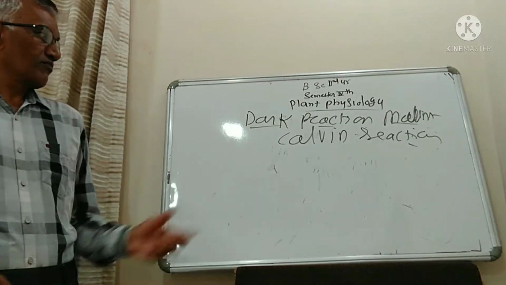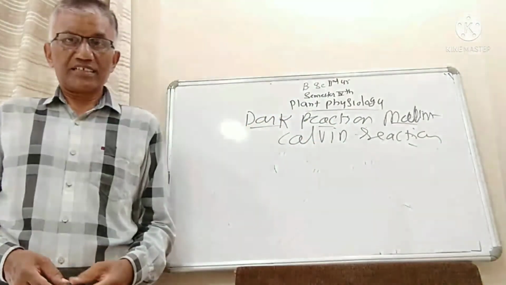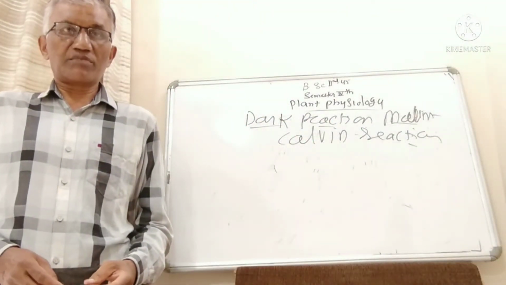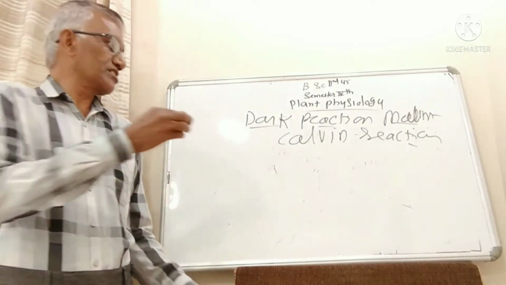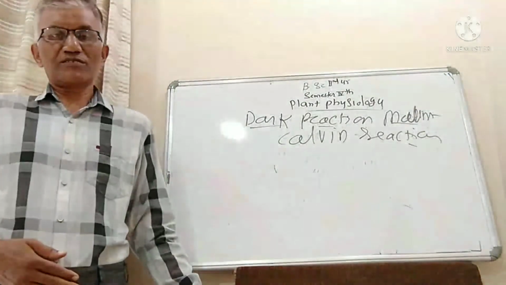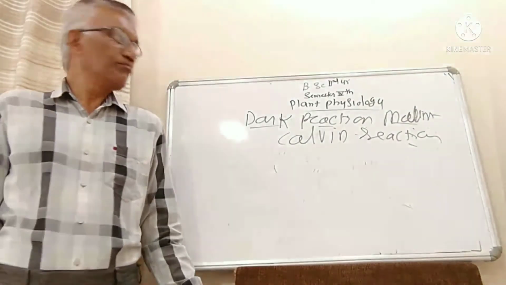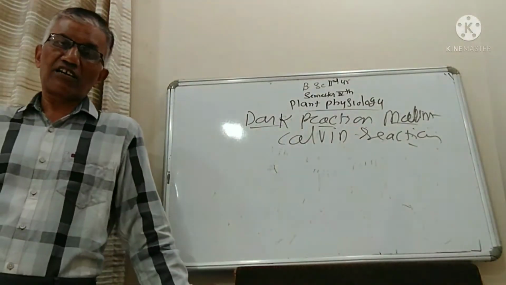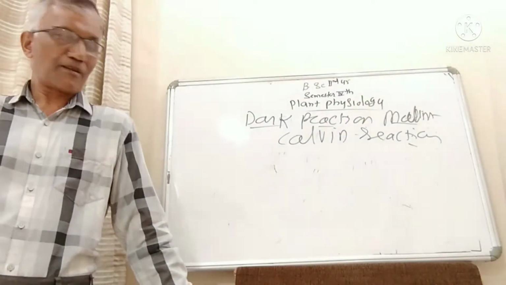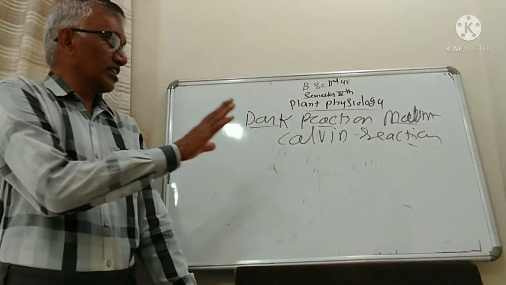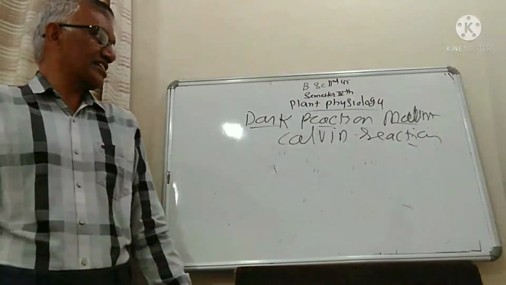Therefore, you have to remember that the second phase, or Melvin Calvin or dark reactions, take place in the stroma of chloroplast, because the enzymes which are required for the Melvin Calvin cycle or dark reactions are always present in the stroma of chloroplast. This is the introduction regarding the dark reaction.